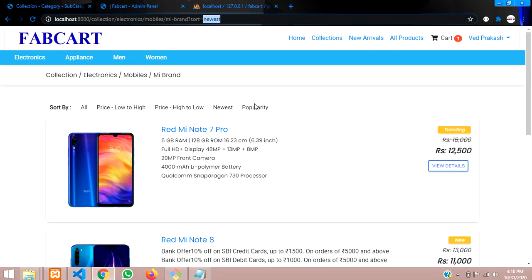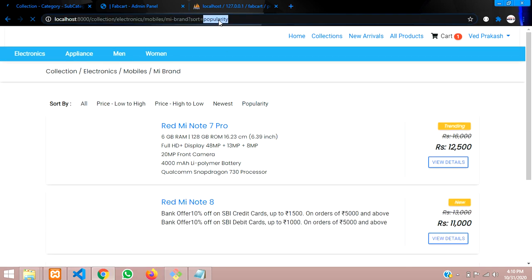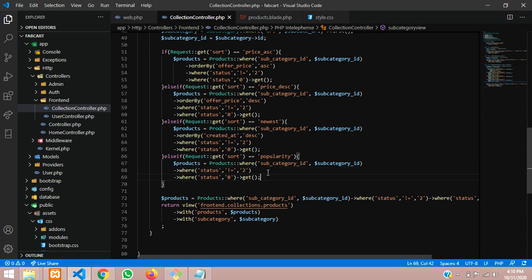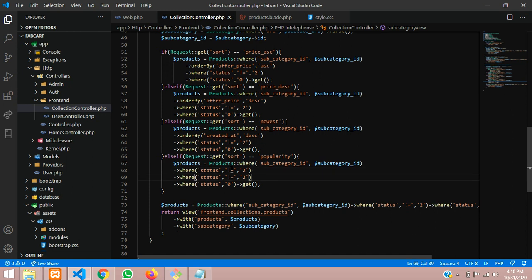So let's click on popularity and see. Let me copy this and paste it over here, popularity, and then we have to remove this order by, okay, because popularity is nothing but checking the status. If the latest popular products, we have to check that the product value is 1.